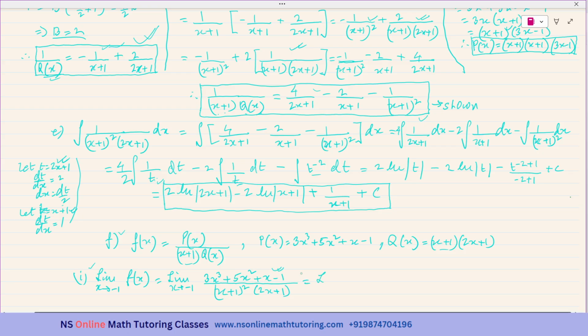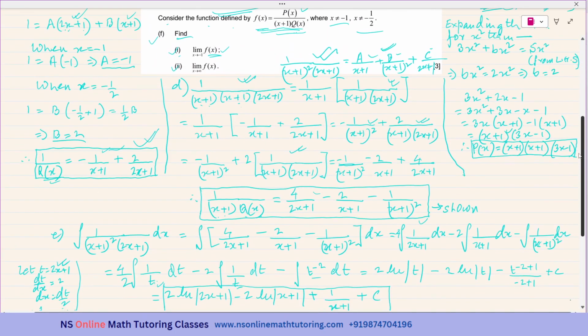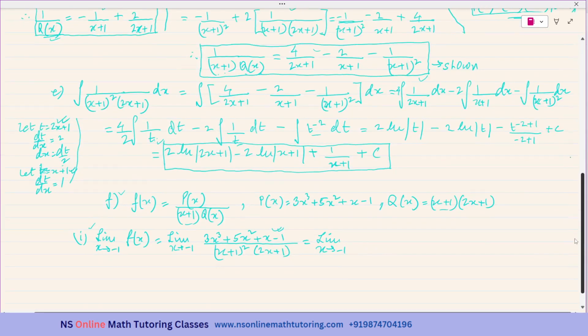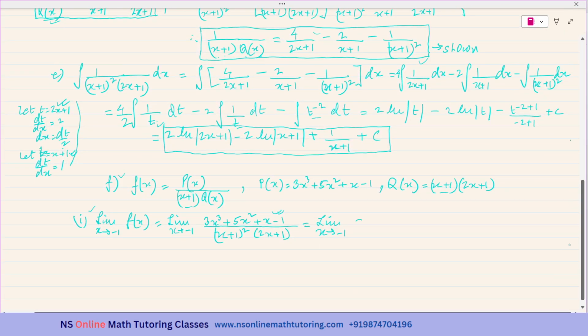So let us get the factorized form of the numerator. P(x) was equal to (x + 1) whole square times (3x − 1). Okay, so this was (x + 1) whole square times (3x − 1)